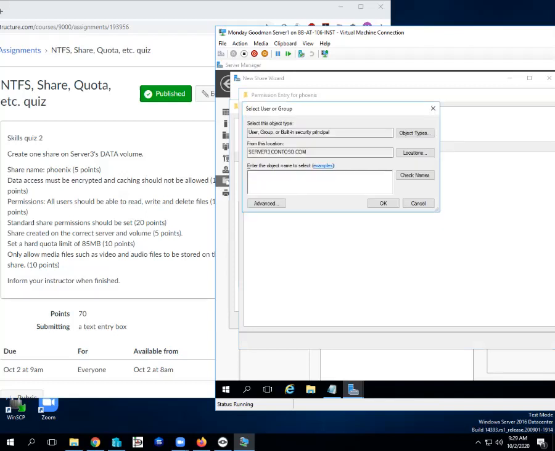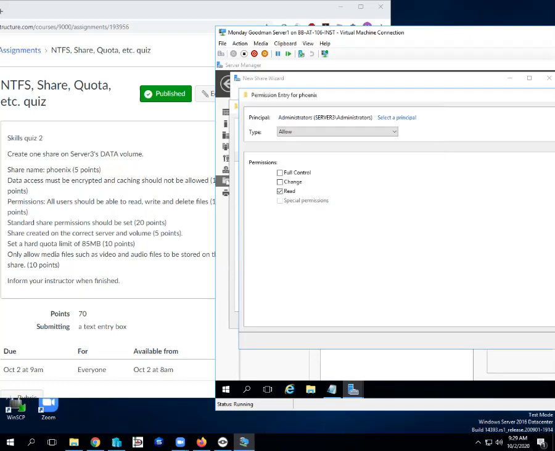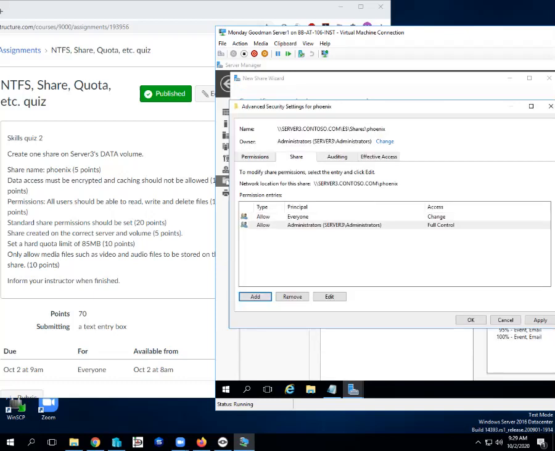Of server 3, having full control. So that's the share permissions you always want to see. You want to see both of them there. Everyone should be changed. That implements mandatory access control. And administrators having full control. Well, they're the people that are mandating what permissions are set. So that is your best share permissions.